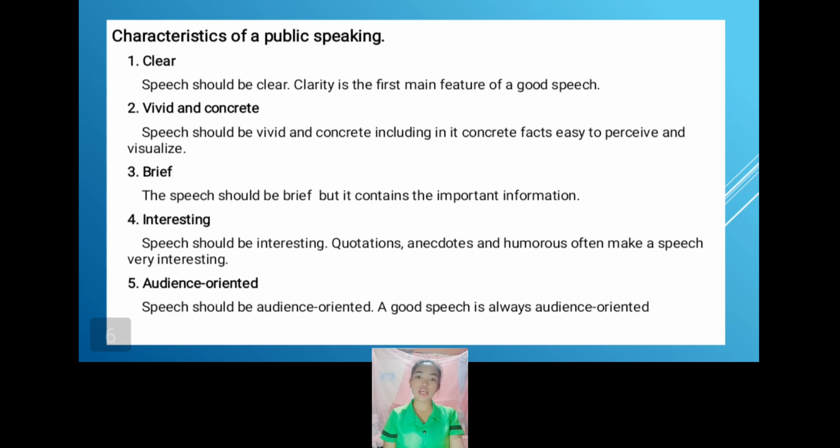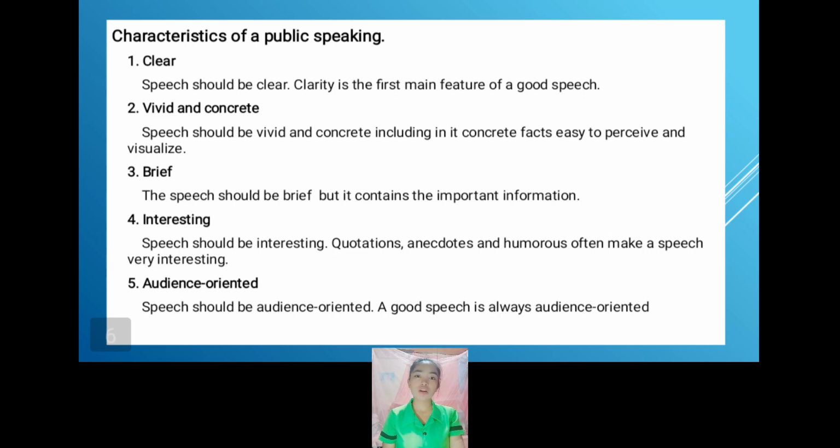Number two is vivid and concrete. Speech should be vivid and concrete, including in it concrete facts, easy to perceive and visualize. Number three is brief. This speech should be brief because